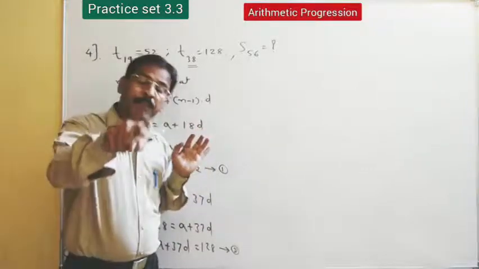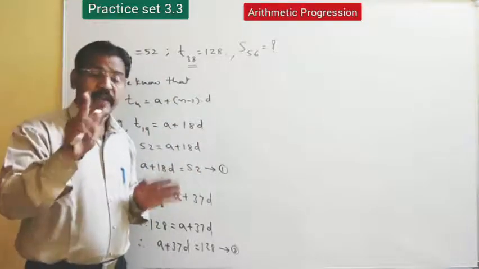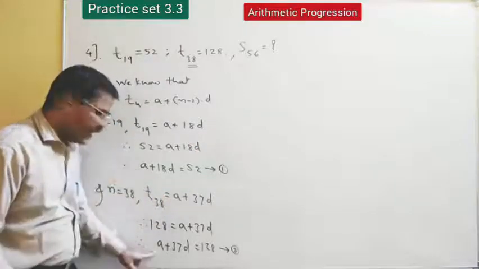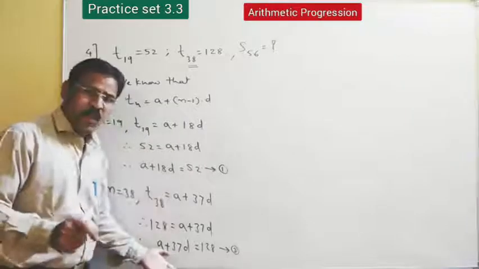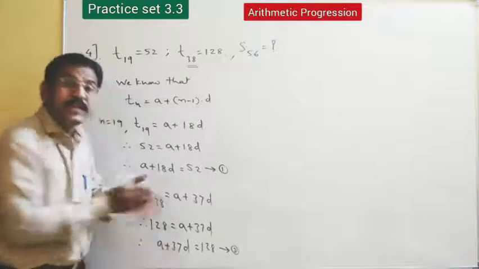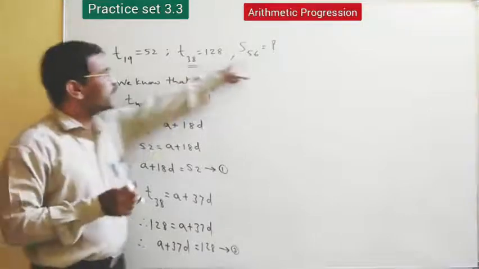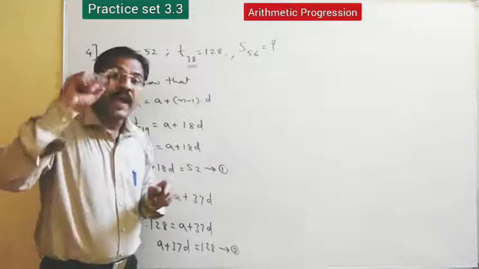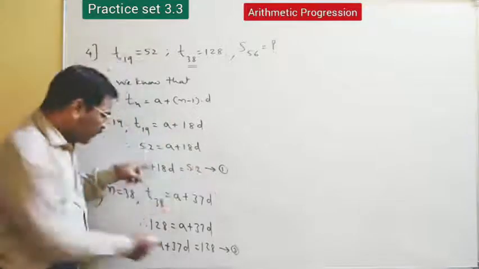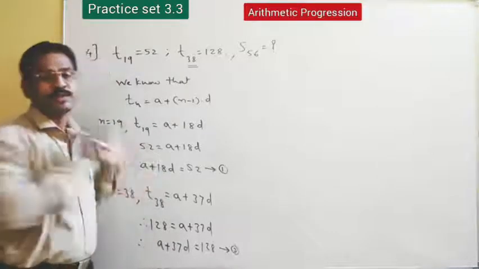Finish. But remember friends, there is something every time, so try to observe that. Is there any different part? Look here. Here A is there, A is there. Even adding them, why can we think about that? See here, 18D and 37D. Their addition is how much? 55D. Here it is 56. In the Sn formula, n minus 1 is there, so 56 minus 1, 55. So we can get this. Like this, thinking is very important to solve these kinds of examples.